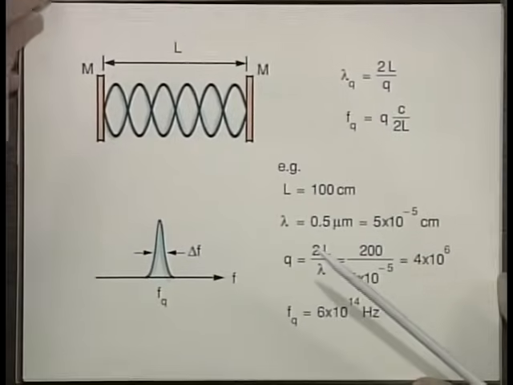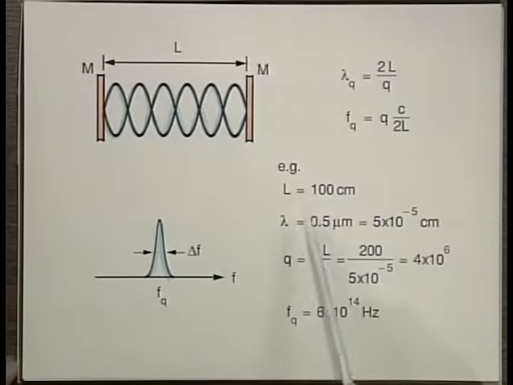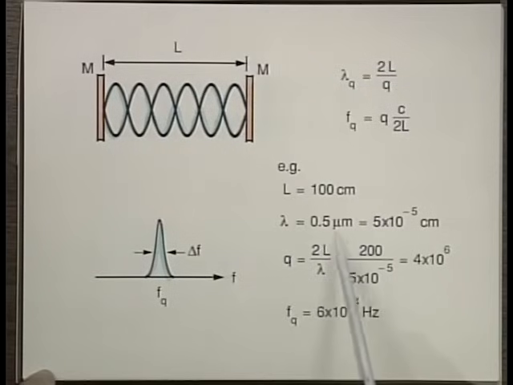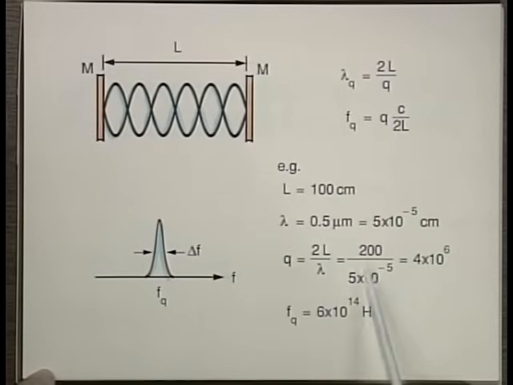and just let me summarize the information here. We have a typical laser cavity, which is again 2 mirrors spaced by L. In this case, I'm going to take L as 100 centimeters, or 1 meter. If I choose the wavelength to be half a micron, or 5 times 10 to the minus 5 centimeters, then Q, this integer we talked about, comes out to be 2L over lambda from this formula here, and is 200 divided by 5 times 10 to the minus 5, which comes out to be about 4 times 10 to the 6, which means that Q has the value of a few million,